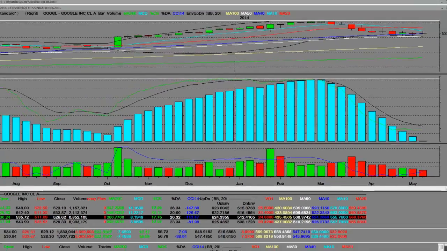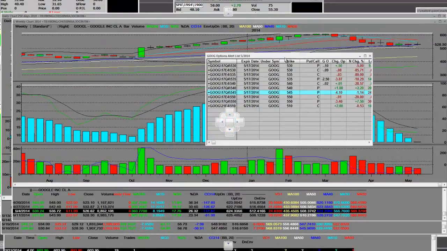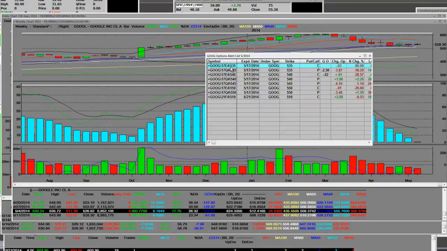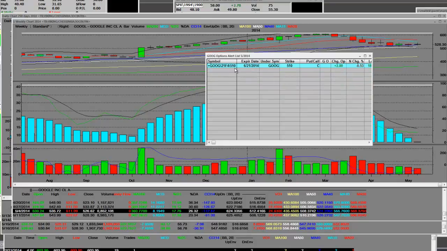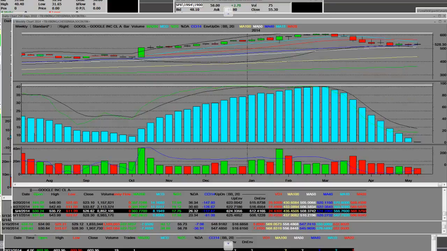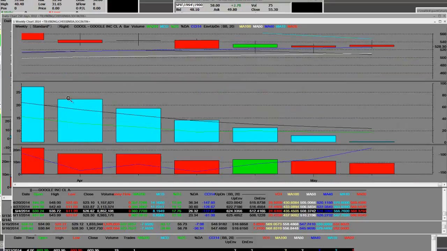And what we are talking about is we're going to get all our new call contracts set up. The 517s right here we're going to get rid of because they expired on Saturday. And what we're going to do is start both of the calls on GOOG and GOOGL all the way over. Google is going to pay a lot of money off of the intraday lows for our buys